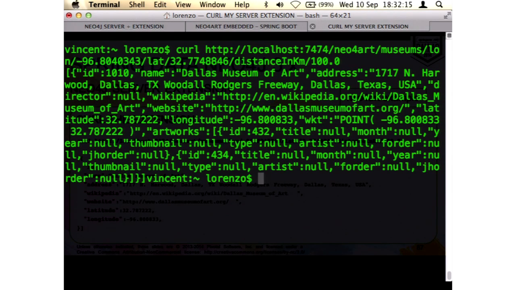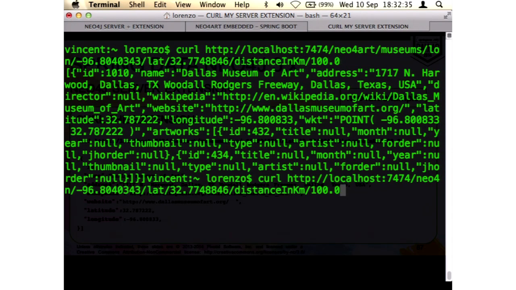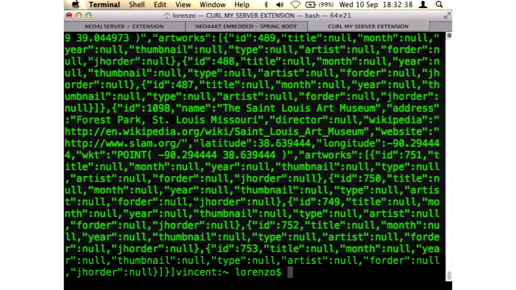So if we execute this curl, we obtain the museum, Dallas Museum of Art, which was the one that I showed you before. Those are the longitude and latitude, and this is the distance. Of course, if I increase the distance as before, we obtain many more.